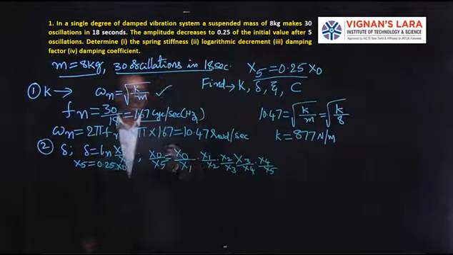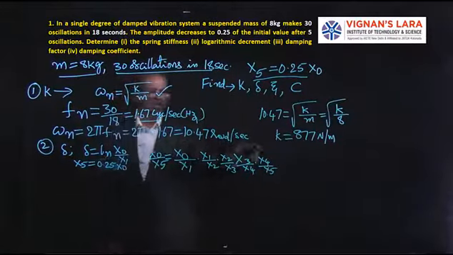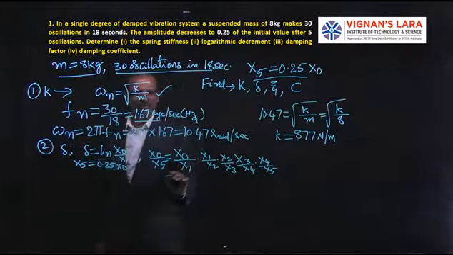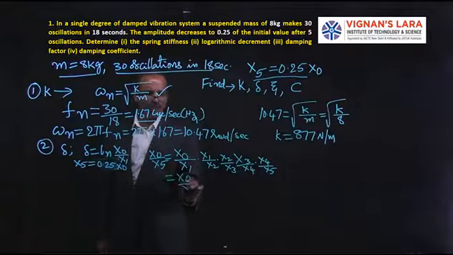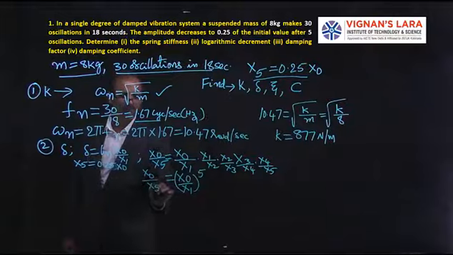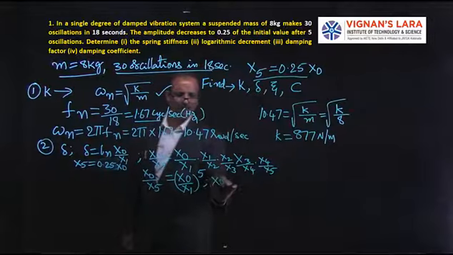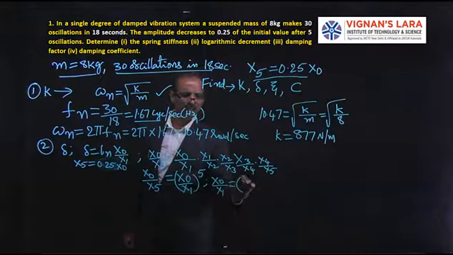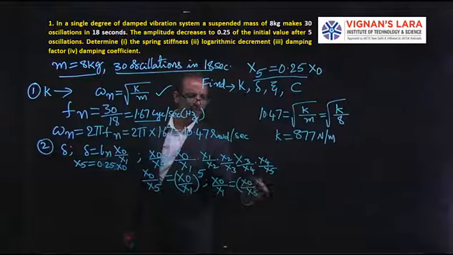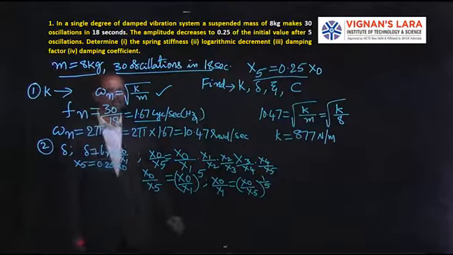So we can write this as x naught by x5, isn't it? Like x naught into x1 into x1 by x2 into x2 by x3 and so on. These are all equal, which we can write as x naught by x1 whole to the power of 5. So x naught by x5 can be written as x naught by x1 whole to the power of 5. Then x naught by x1 is x naught by x5 whole to the power of 1 by 5.